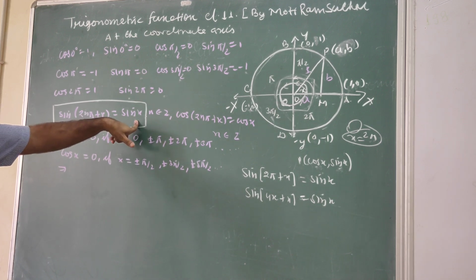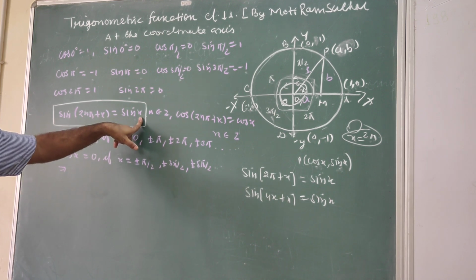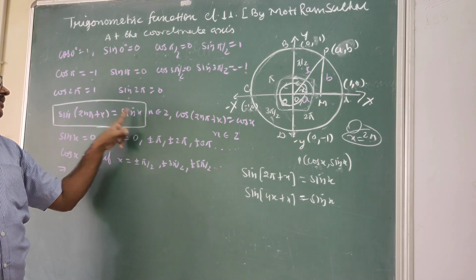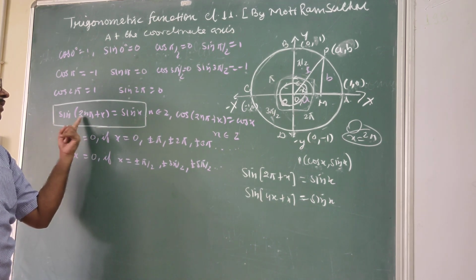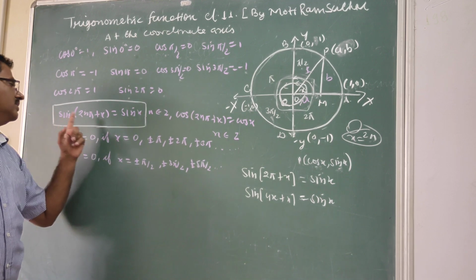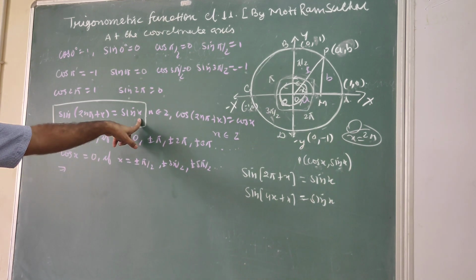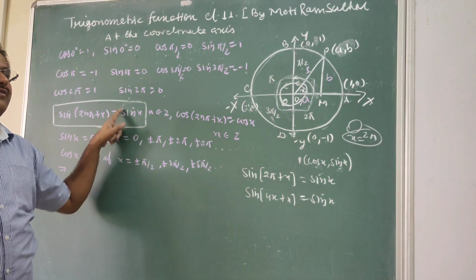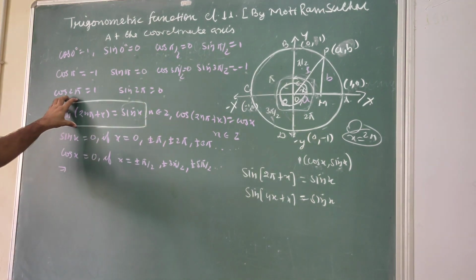Like you can say sin 60 is the same as sin(360 plus 60), or sin 30 is the same as sin(2 pi plus 30), and 360 plus 30 is 390. So sin 390 is equal to sin 30. Means after completing one round, whatever is taken in the second round, third round, fourth round or fifth round, the value will be the same as in the first. Means this is a time interval, a time interval of 2n pi.